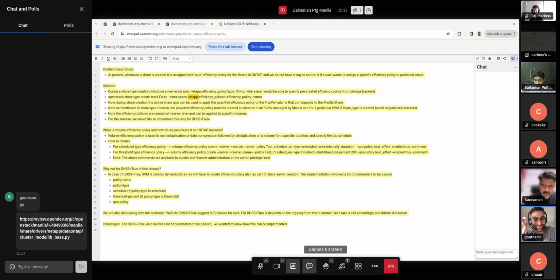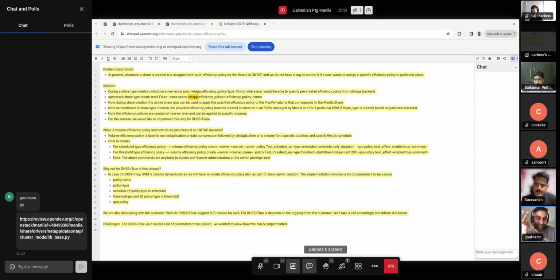If that logic can be used, you would then look for: do I have a schedule in the extra specs, or do I have a threshold percentage in the extra specs, and create that appropriately. And if you create a predictable naming, vserver name underscore schedule or vserver name underscore threshold percentage or something like that, with that particular schedule or that particular threshold percent,